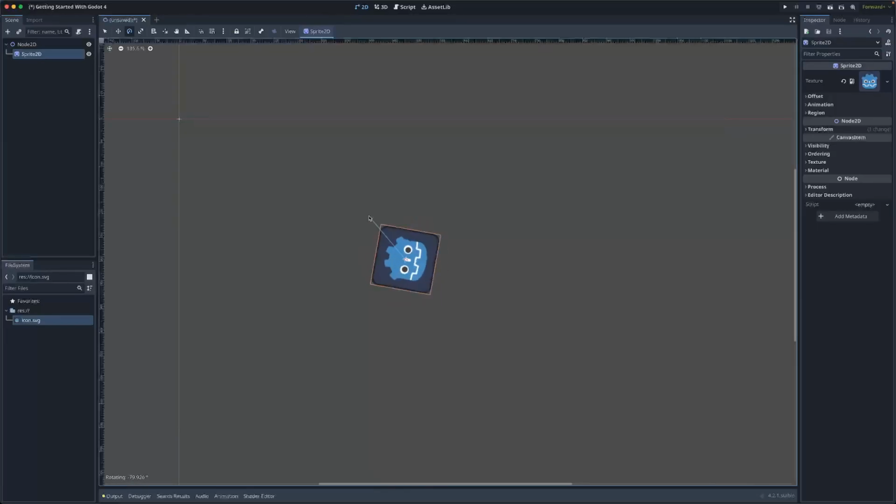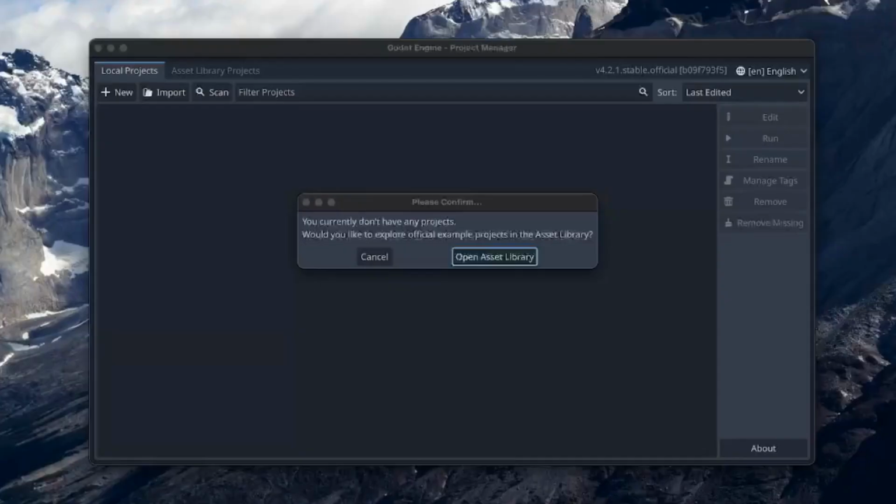Hi there. This tutorial will cover the basics of using the Godot editor. Let's get started. I have Godot 4 downloaded and installed on my computer, and now I've just opened the application